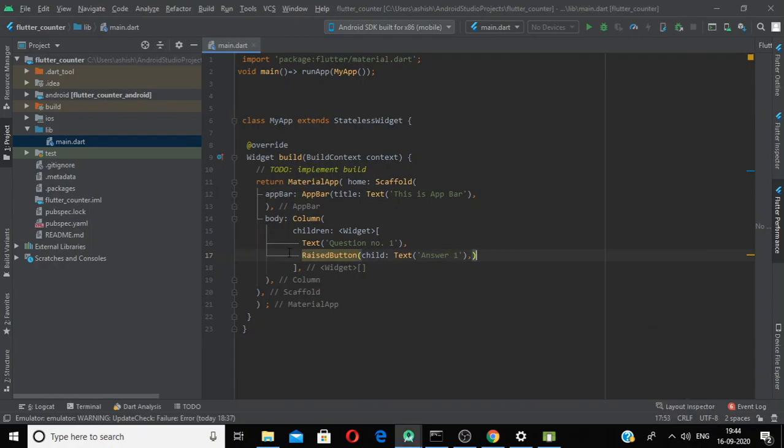So I will copy paste this, and we will add more widgets.